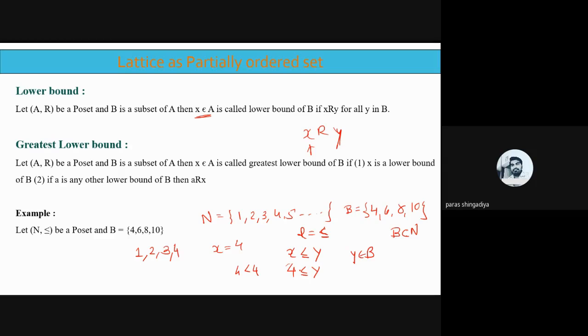Okay, 4 less than or equal to 4. If I remove the equality, only strictly less than, okay, if the condition is given that only strictly less than, then it is not true. Clear? And if you consider 5, so 5 is not a possible value. Why is it not a possible answer?